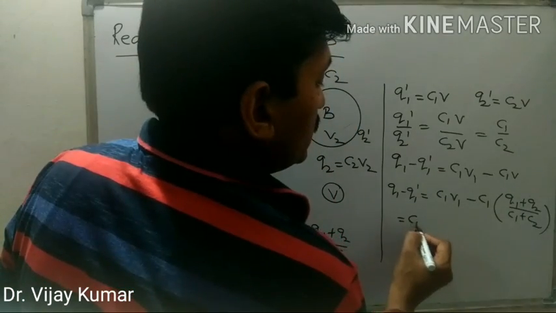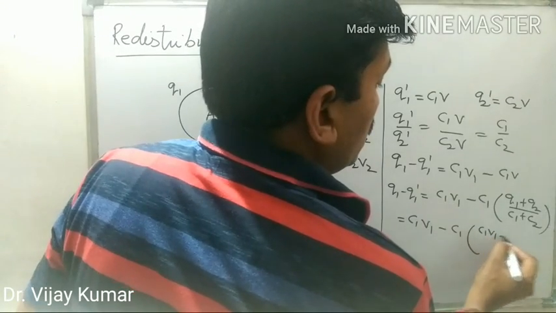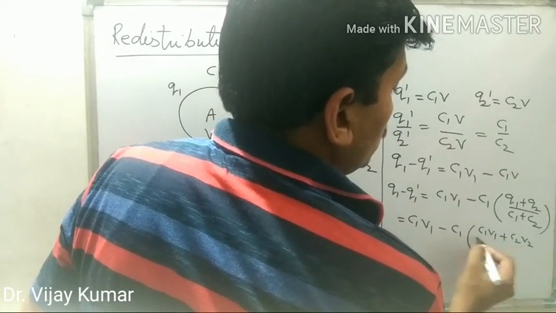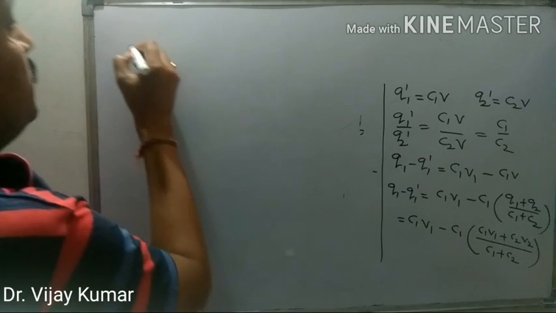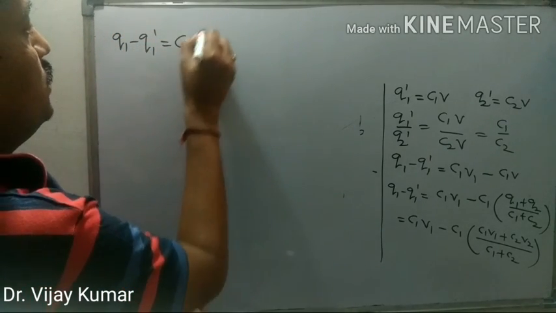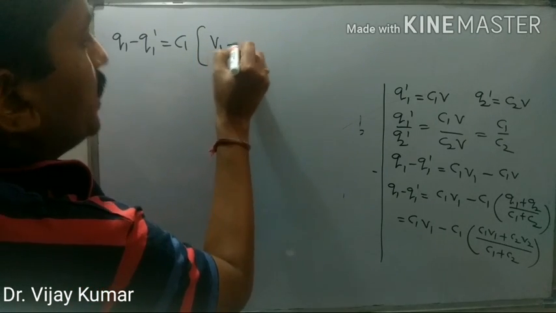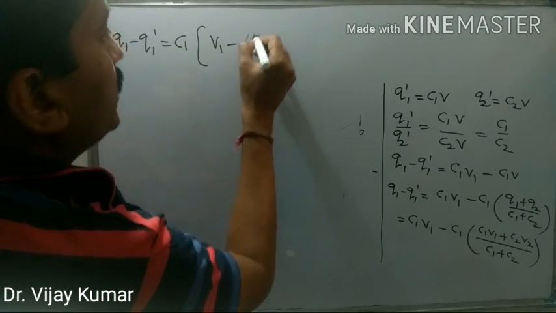So we can write C1V1 minus C1 times C1V1 plus C2V2 upon C1 plus C2. It becomes Q1 minus Q1 dash equal to C1 common, V1 minus